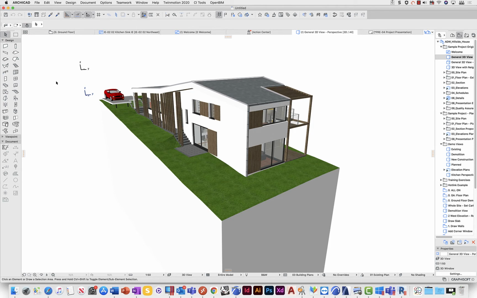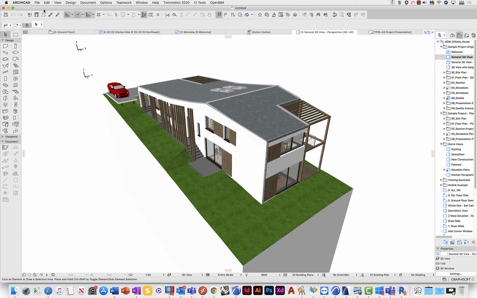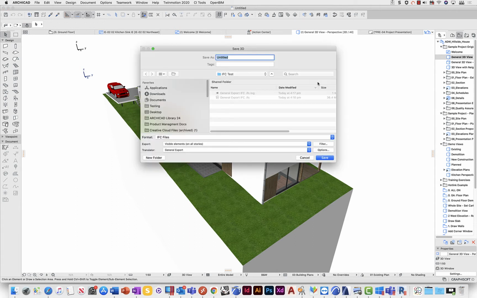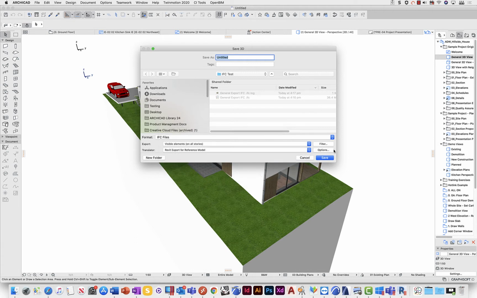Now, 9 times out of 10, people who don't know the correct workflow will just go File, Save As, and so that's what we'll do. And then they'll have a look at this. They'll see quite a few different translators. We know that eventually we want to go to Revit, so I think Revit export for a reference model might be a good option. And we'll call this one test